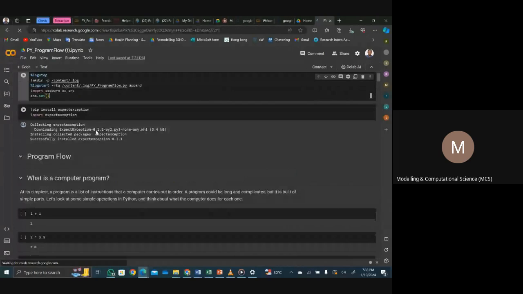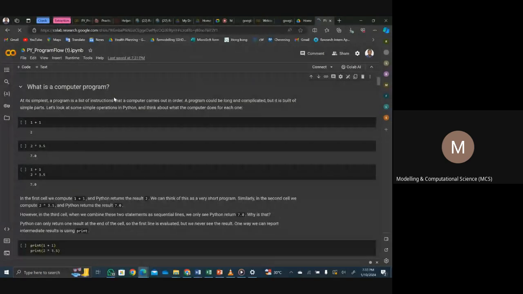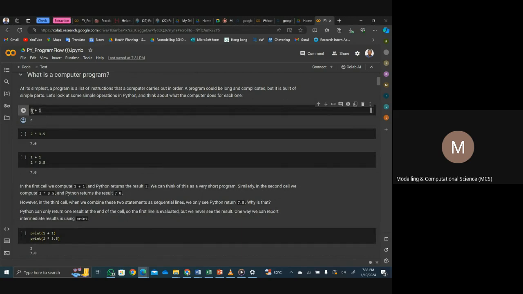So what is programming? At its simplest, programming is a list of instructions that a computer carries out in order. So it's a list or chunk of code, instructions that are assigned to the computer to compile or to execute. Let's look at this very first one here: 1 plus 1. This is a code that Python supports. So 1 plus 1 here, if you run it,